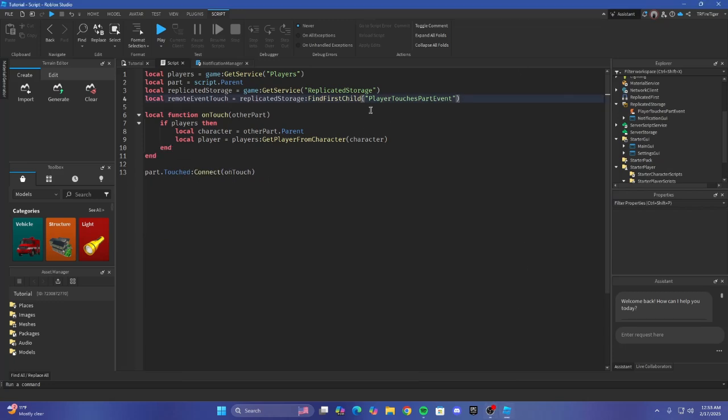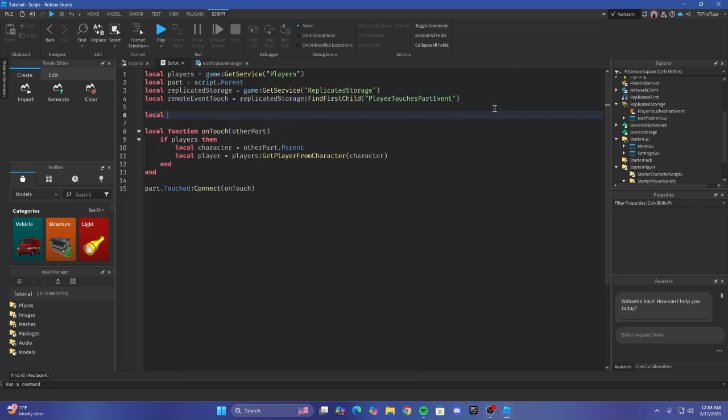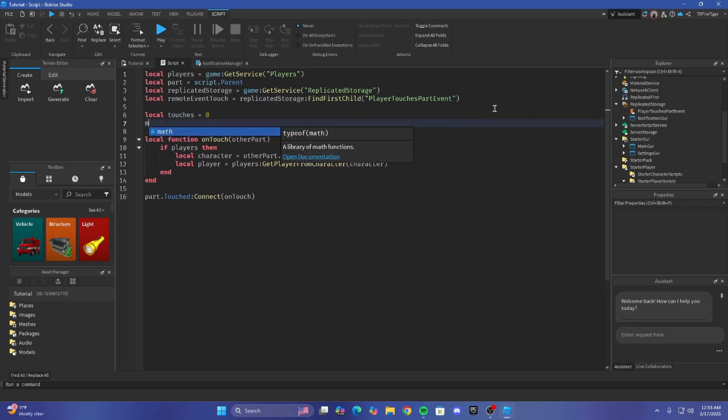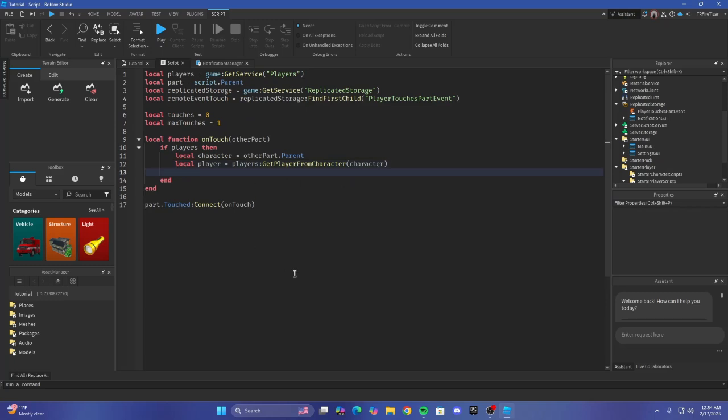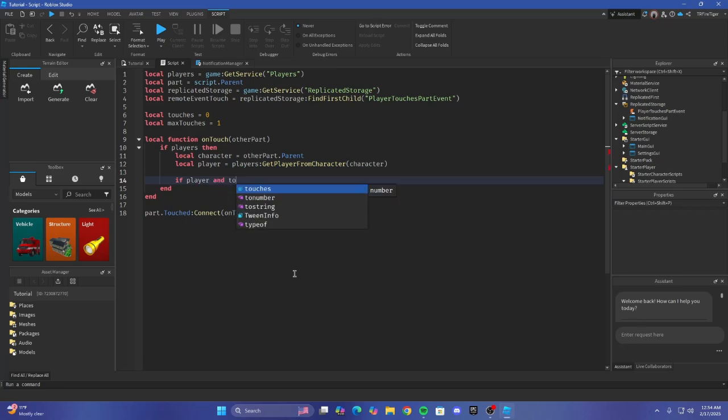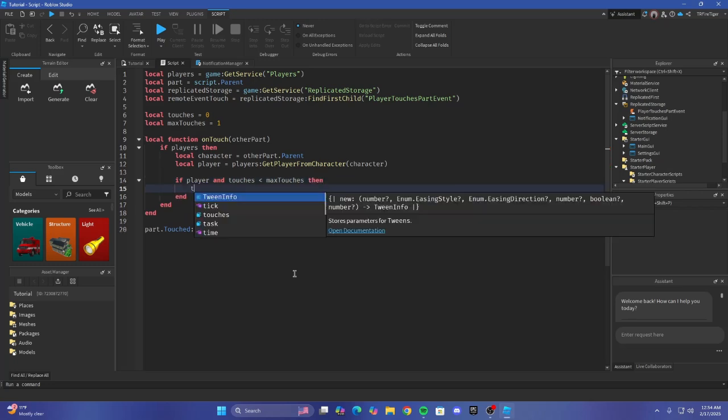Okay, so I think what we're gonna do is we're gonna say local touches equals 0, and local max touches equals 1. So as you can see, I deleted this script down here, the part after, if player, then do all this. But what we're going to do is if players, then we're going to do that. And if player and touches is less than max touches, then we'll say